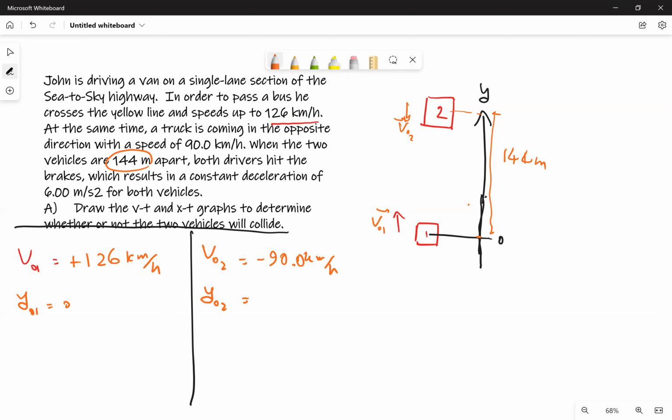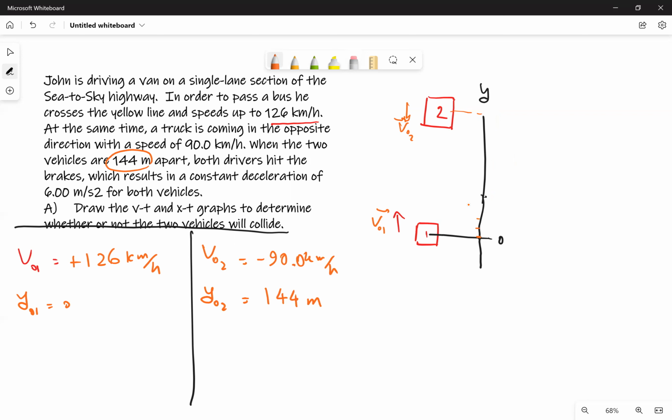right? And this is because I set my positive y-axis upward. This is going to be 1, 2, 3, and so on and so forth up to 144. Okay, so I'm going to have this at 144 meters. And let me erase this again to have the picture less busy. Okay, what else do we know? What else do we know? We know that